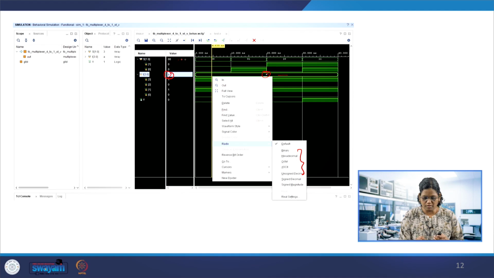So even in the previous example, you can see if it is in binary 00, 01, 10, 11, that in the decimal it was showing 0, 1, 2, 3 in the previous slide. Now this is 00, 01, 10 and 11. So this is about the waveform viewers, how to view them. Single bit we have seen in the example, and multi-bit, how do we view this?